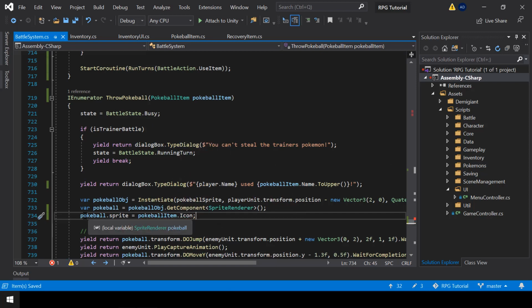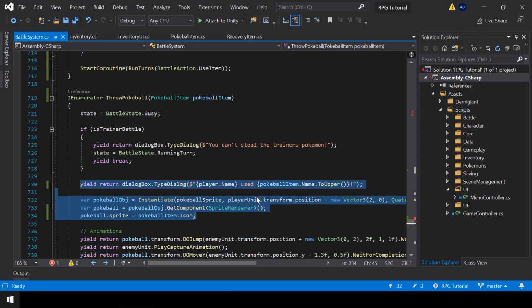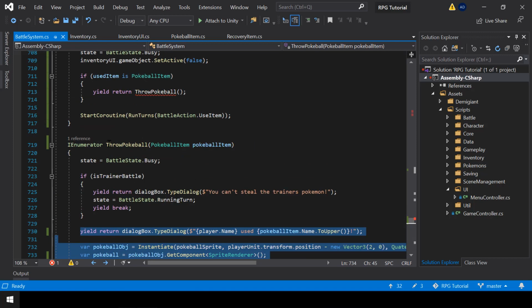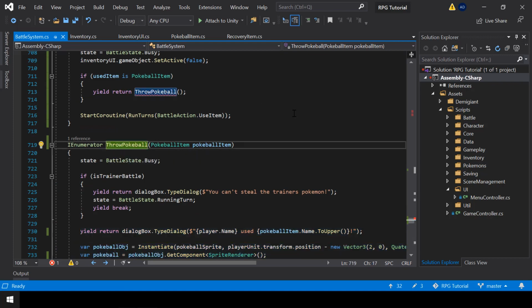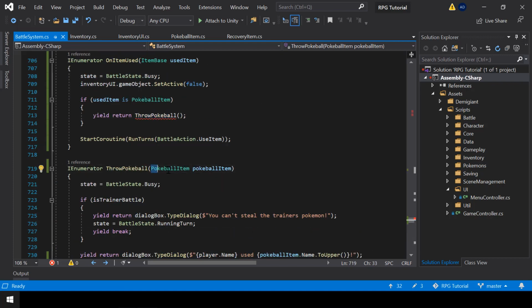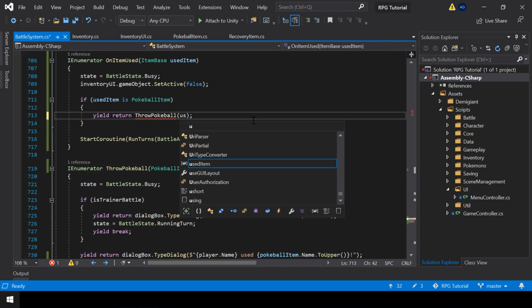Here I'm using the icon of the item for the sprite, but if you want, you can use separate images for the icon and sprite. So now we'll use the name and sprite of the selected Pokeball item. When calling this function, let's pass the Pokeball item. So we can pass the used item,